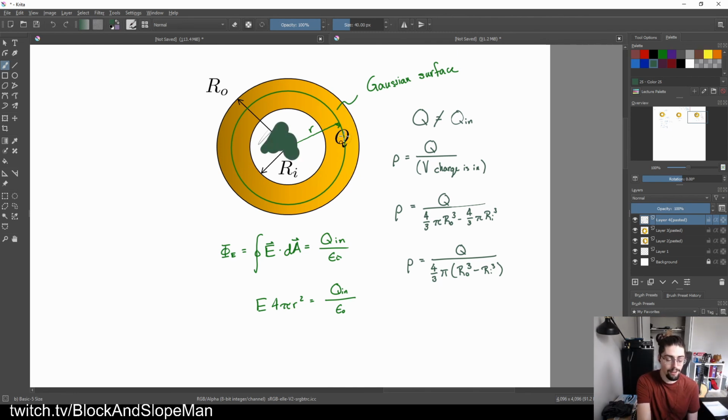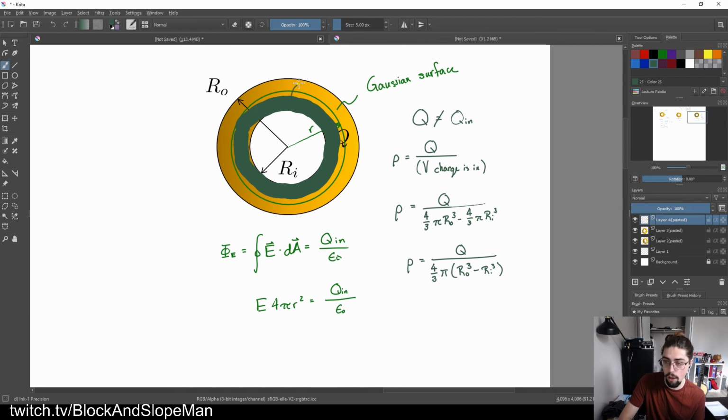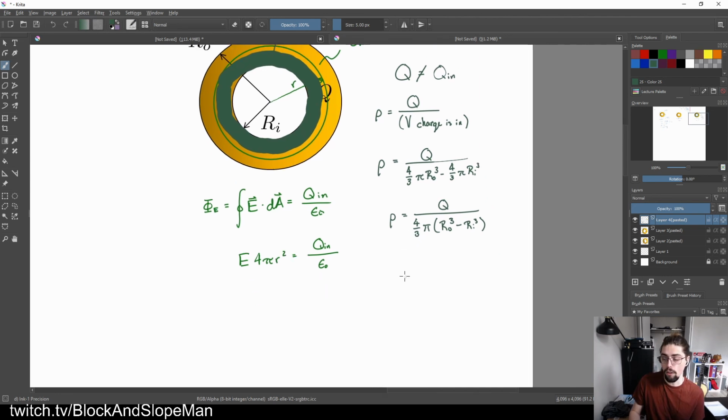It doesn't matter that I've got my Gaussian surface that includes that. It's still hollow. It still doesn't have any charge. How much charge do I have inside is the part that matters. So I'm much more interested in this bit right here. That bit is the one that I'm after. And I'm going to call that V of G, the Gaussian volume that actually has charge in it. So V of G,